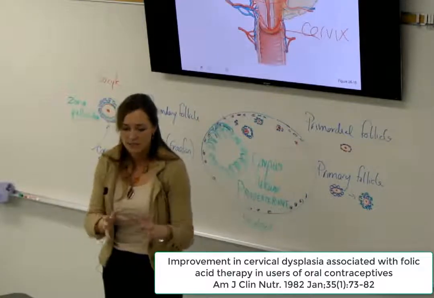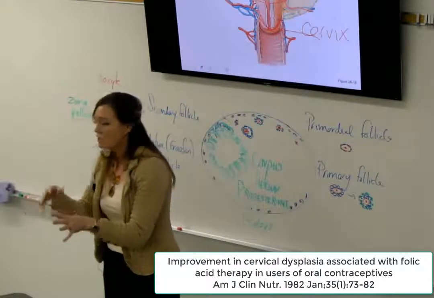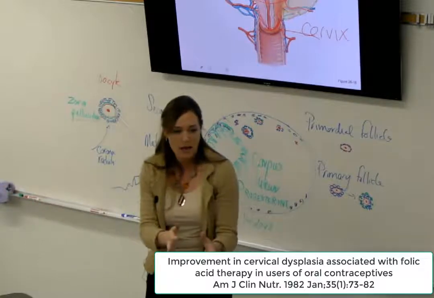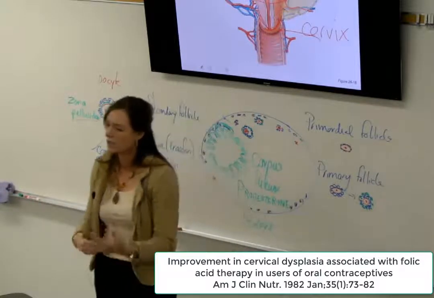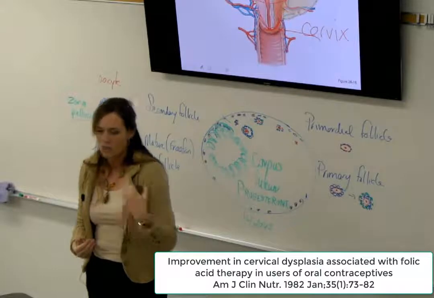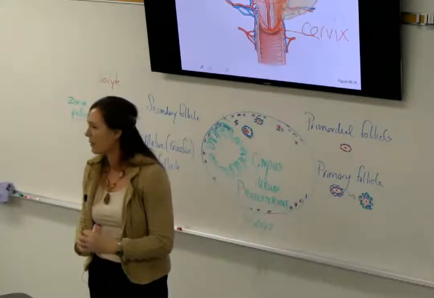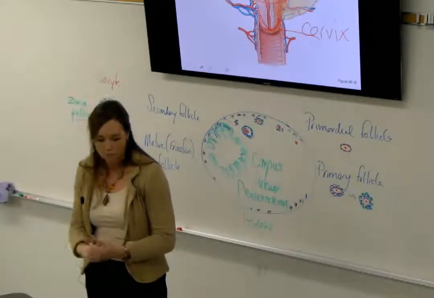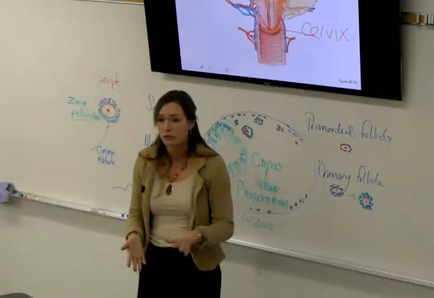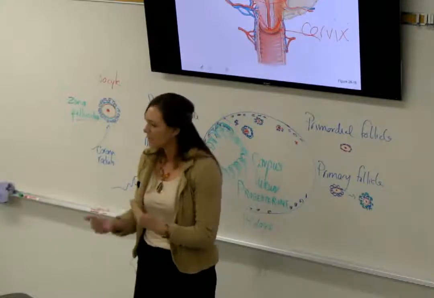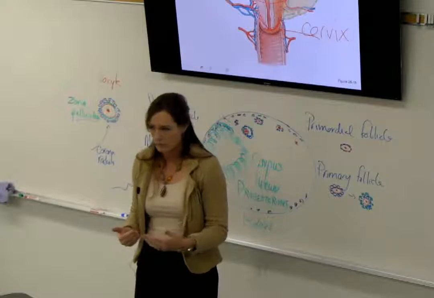So the cells that were starting to change but had yet to become pathological came back into normal territory, where the other ones were more of, let's just keep watching you, make sure, you know, might have to have more frequent pap smears just to make sure nothing's developing. But that's at this level of the cervix. So the cervix is a little more dynamic and has changes,